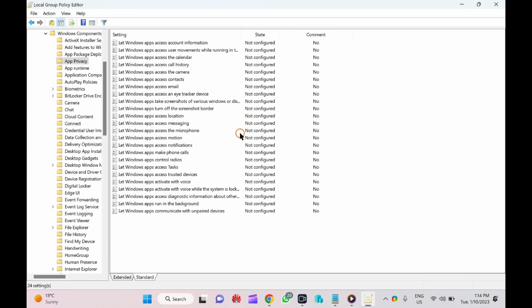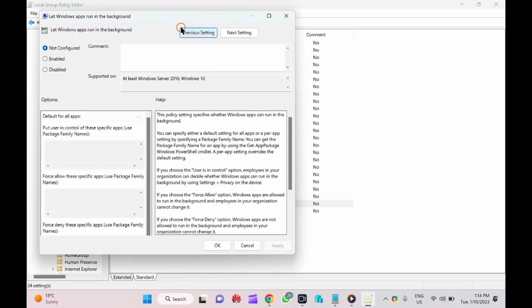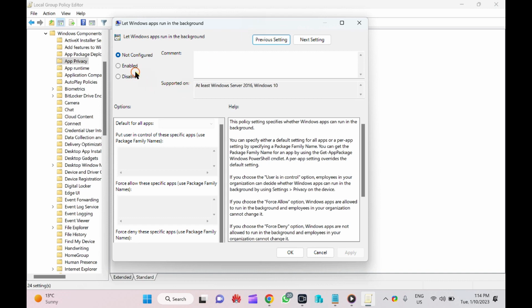Here on the right you will see a lot of settings available. Find "Let Windows apps run in the background" and double click on it. Select the Enabled option to stop background activities that are not required, and under Default for all apps, click on the drop down menu and select Force Deny.